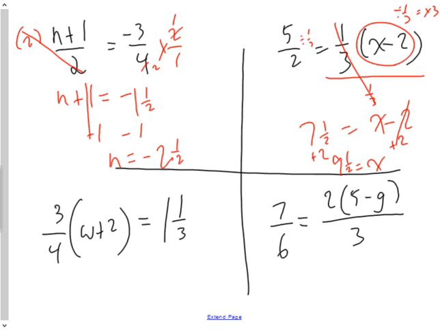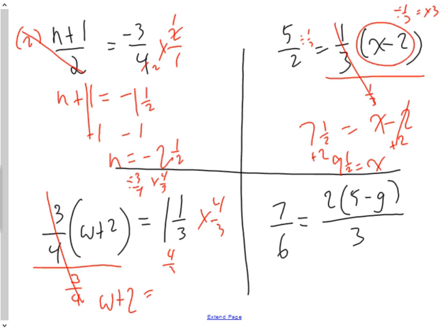Over here, I could expand it, but that would be ridiculous. I'm going to divide by 3/4 using my division first method. Dividing by 3/4 is the same thing as multiplying by 4/3. I'm going to multiply the side by 4/3 then. One group of W plus 2 is going to be equal to 16/9,